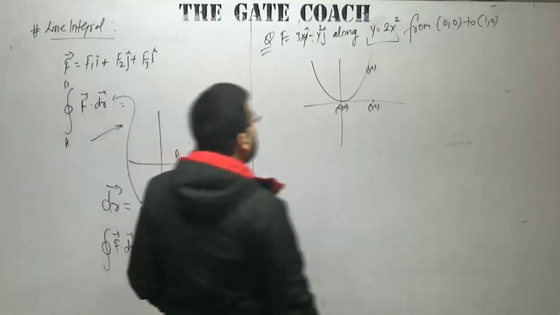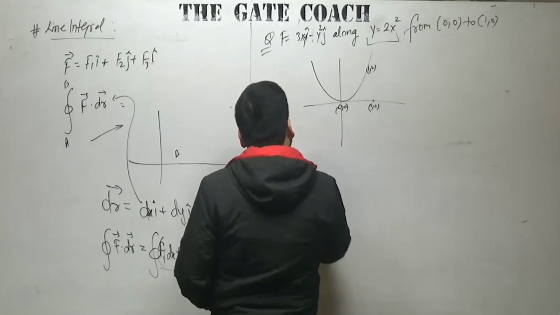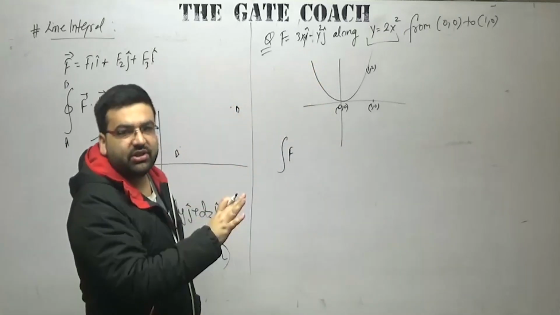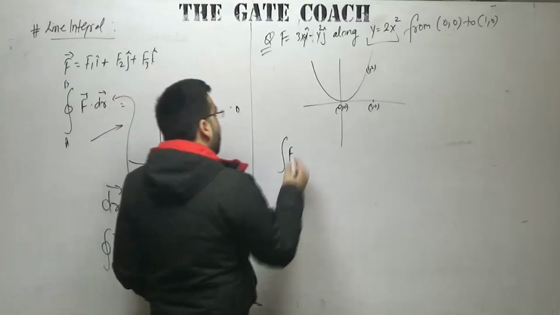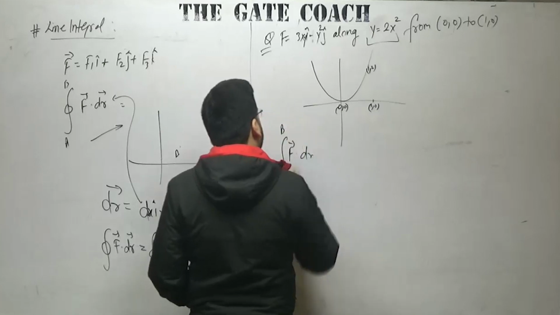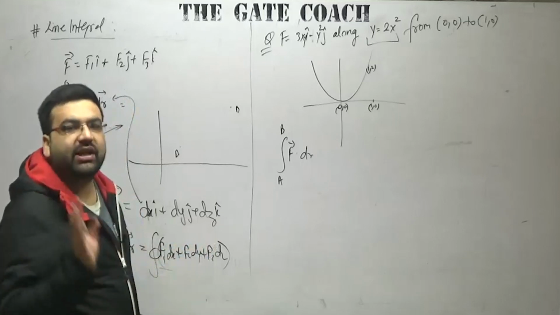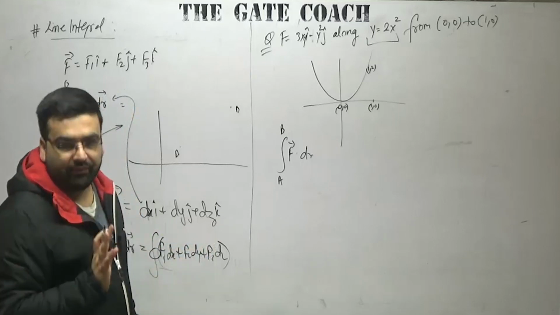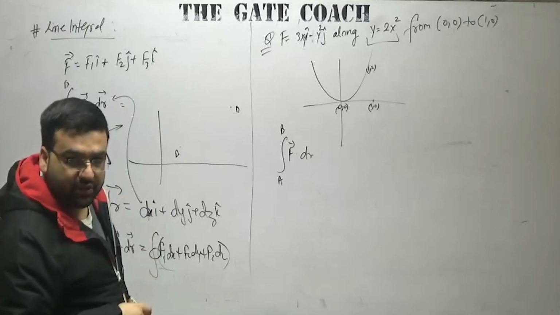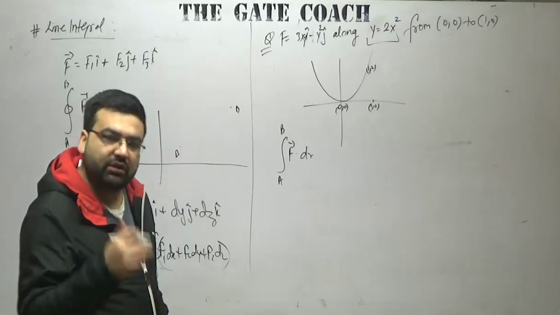So whenever this type of question is put in the examination, just calculate the line integral. In this question, it was not written to calculate the work done, it was just to calculate the line integral along this path, F dot dr from A to B. Now, how to solve these types of questions? Either you convert everything into x, or you convert everything into y, because it will be difficult for you to solve these types of questions if you have two variables, because we have dx and dy. The only trick is either you convert everything into x or you convert everything into y.